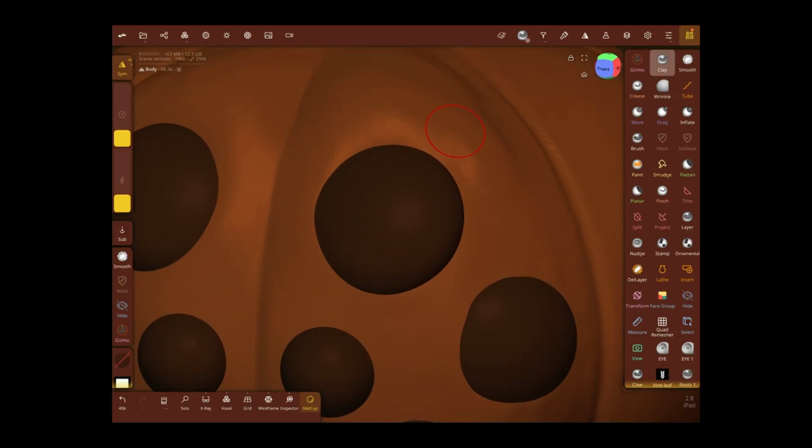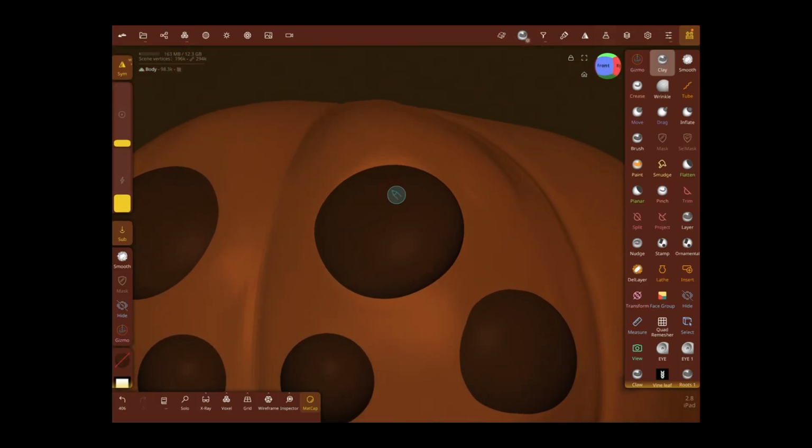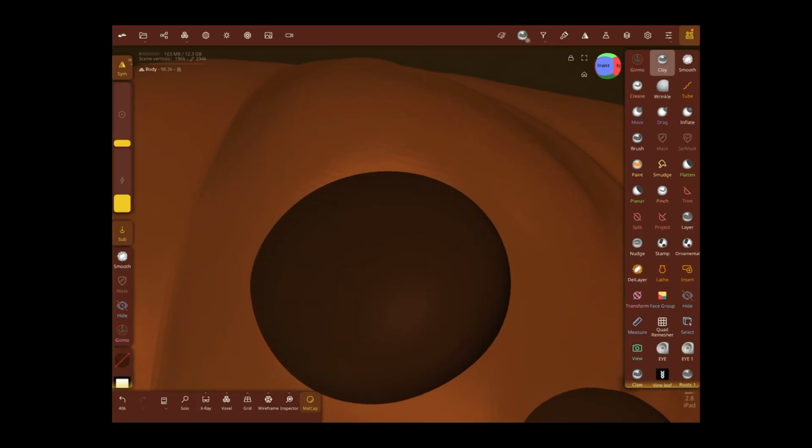Okay, and then to make it look like a socket, we can come over here and click our subtract. We're going to bring this radius down, and we're going to move this up. And then watch here. I'm going to make sure my pumpkin is subtract. Okay. When you start taking away your pumpkin here,